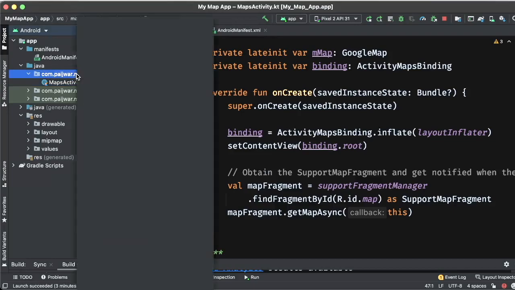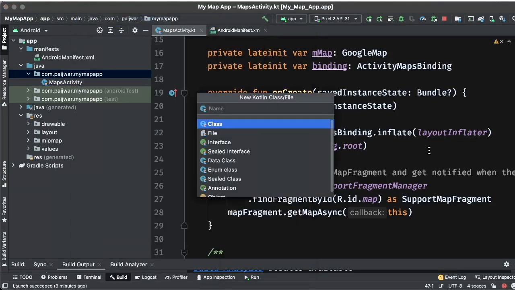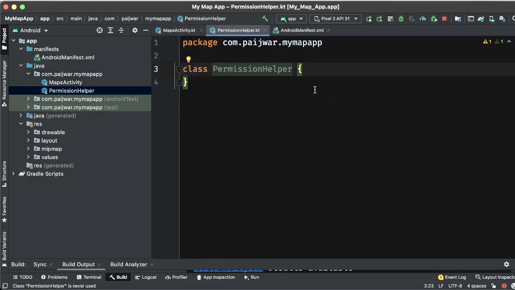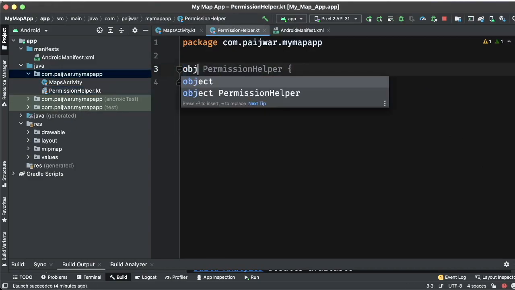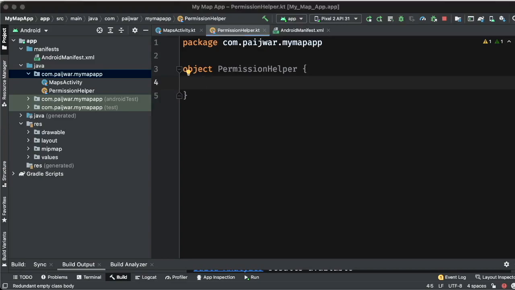For that, basically I will be creating a new helper file and I will be putting a name as PermissionHelper. Instead of class, I would say it's an object because I will not be creating any object of this class, but I will be using this class directly, right?